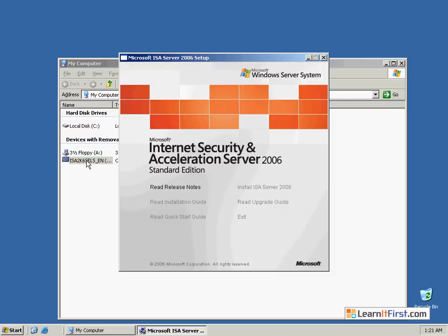Now, before I actually start off with the installation, let me just describe some of the key differences between the ISA Server Standard Edition and the Enterprise Edition. Now, the Standard Edition is ideally suited to sit as a standalone Windows 2003 server, and in my opinion, should not be part of your Active Directory domain or anything like that. It allows it to operate independently. And remember, something that's touching the internet side of the world, if somebody was